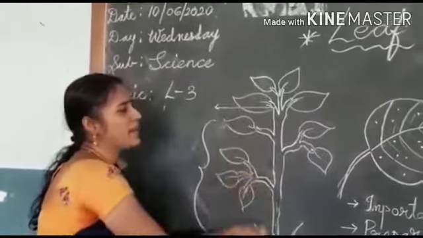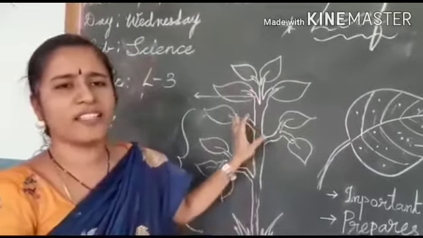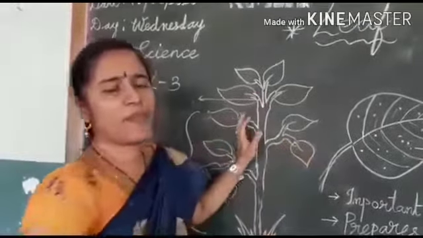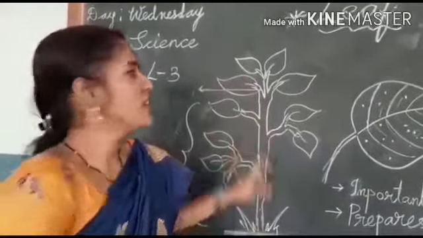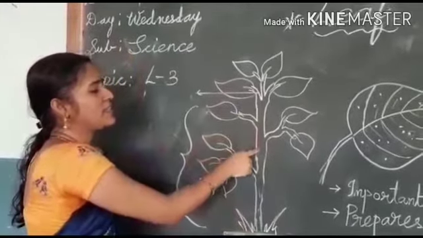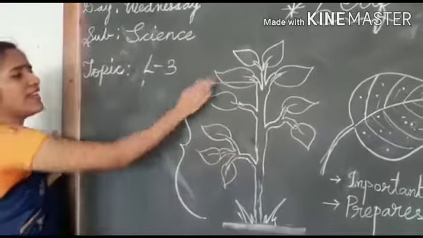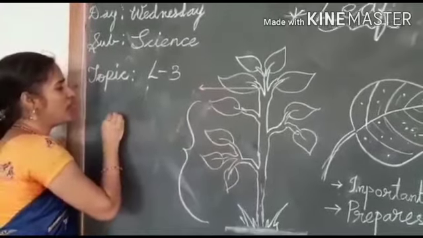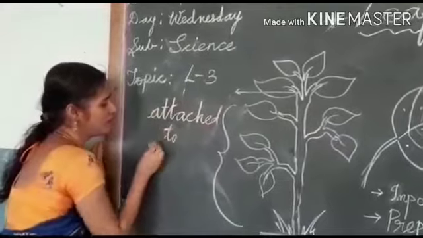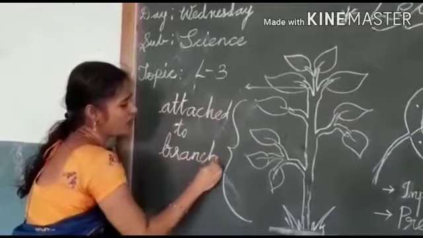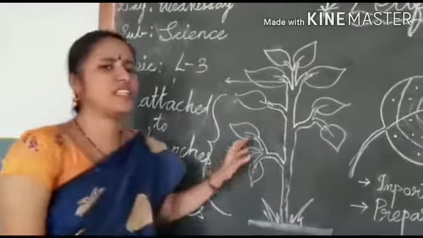Okay. First you can see the picture here. By seeing it, I think you understood what this is. First, in the middle part you can understand it is a stem. On the stem, various branches have grown. On those you can see different green colored parts. What are those, children? Those are called leaves. These green colored parts are attached to the branches. So many leaves you can see on the plant.